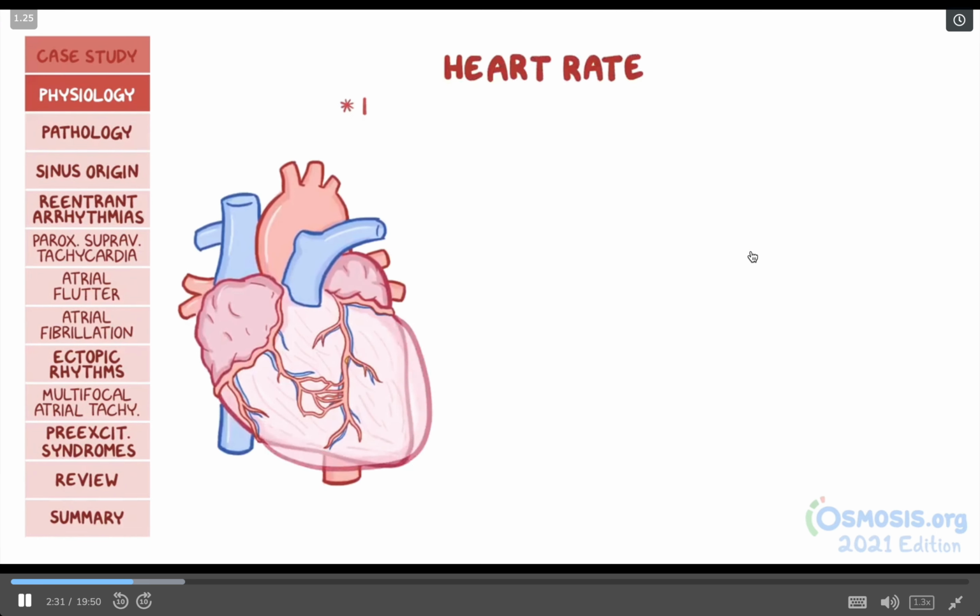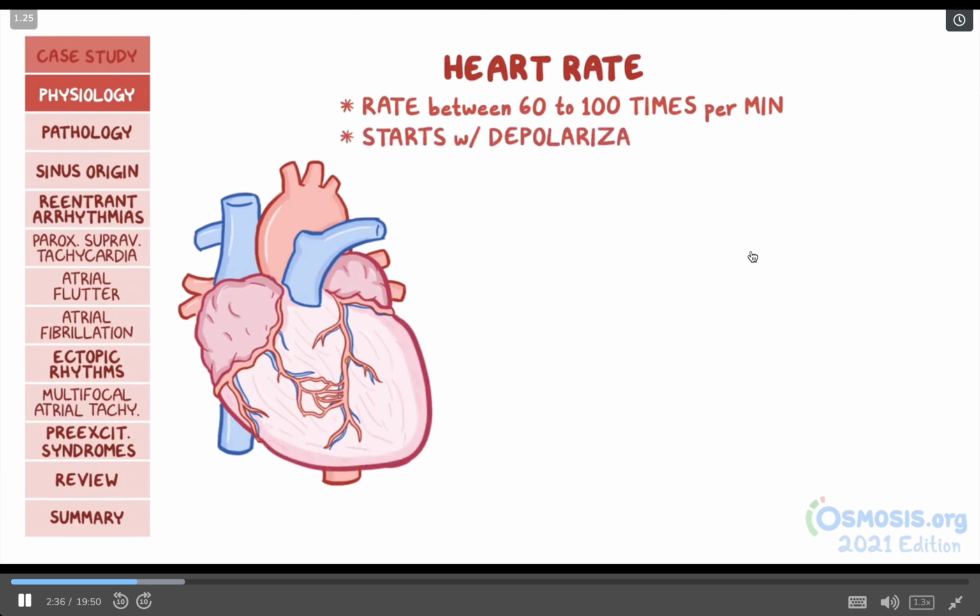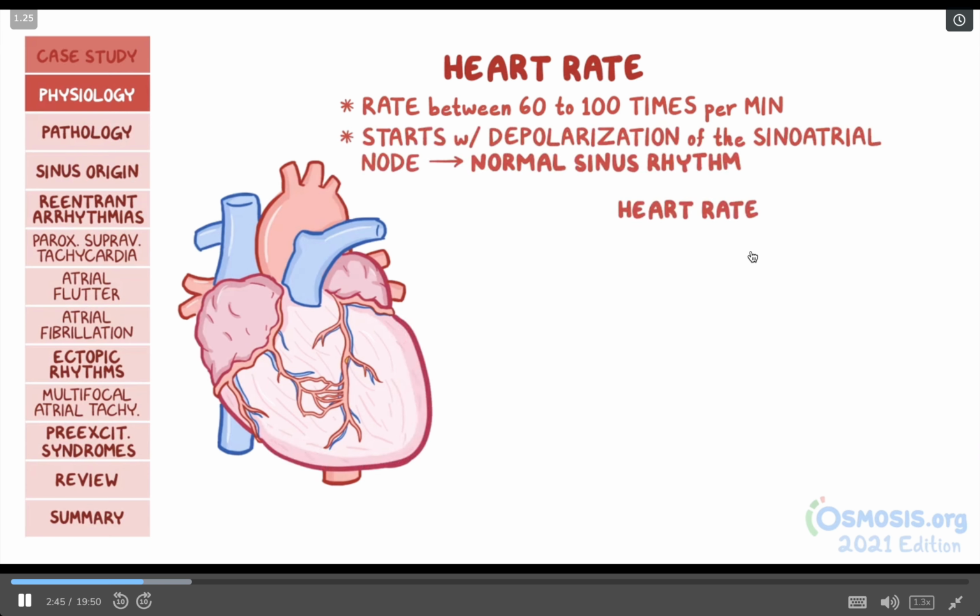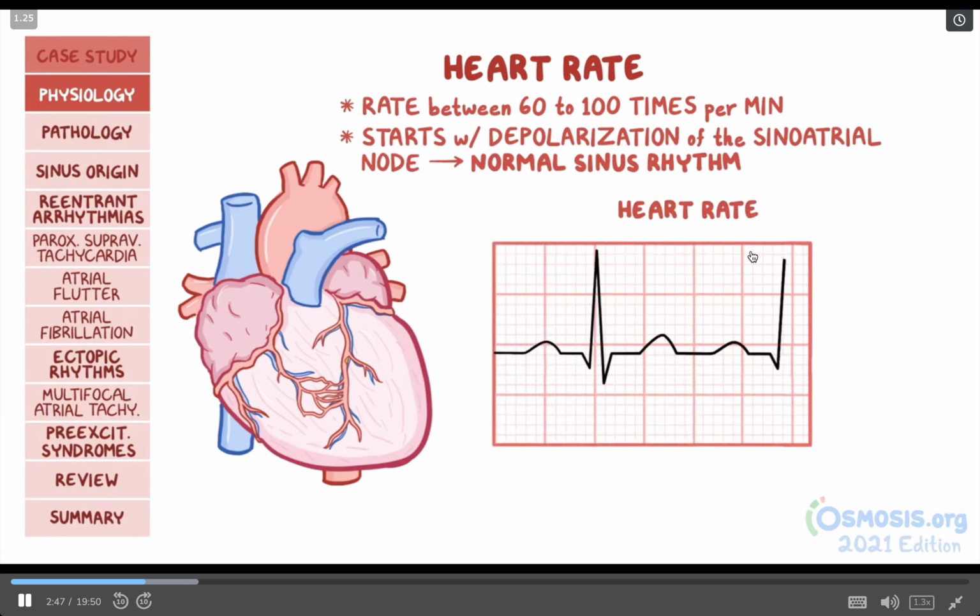The resting heart beats at a rate between 60 to 100 times per minute, and each of those beats starts off with depolarization of the sinoatrial node, and so we call it a normal sinus rhythm. For your exams, you should be able to figure out the heart rate on an ECG. To do that, you can count the number of boxes between R waves. Each small box represents 0.04 seconds, and each big box is 5 small boxes, so each big box is 0.2